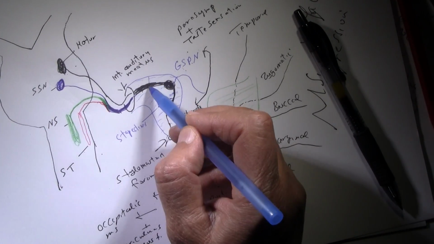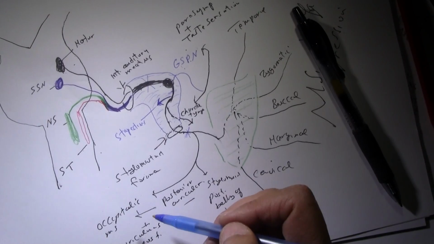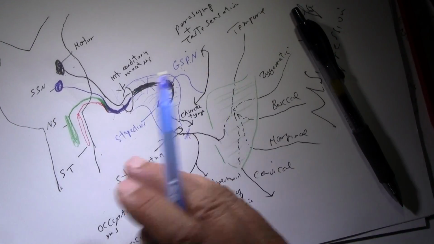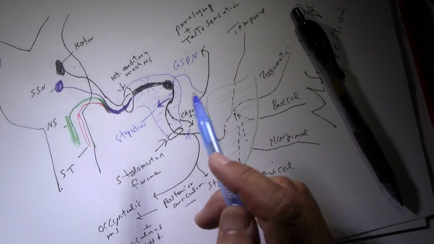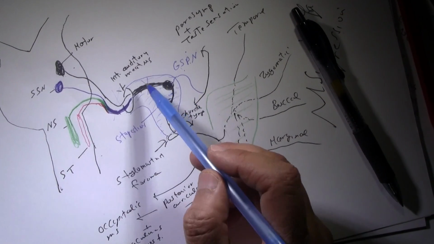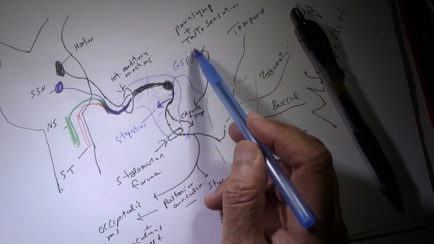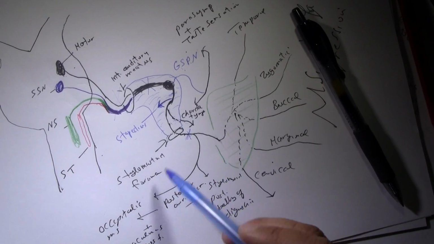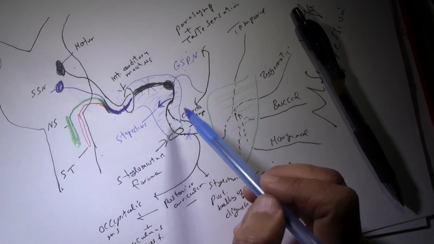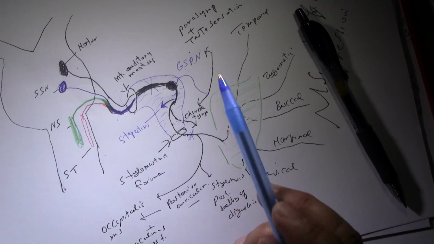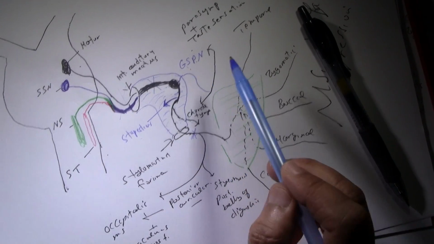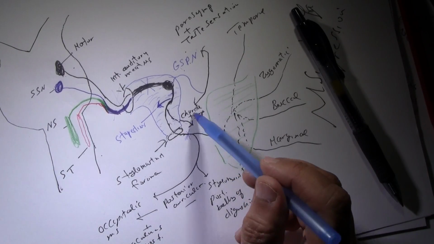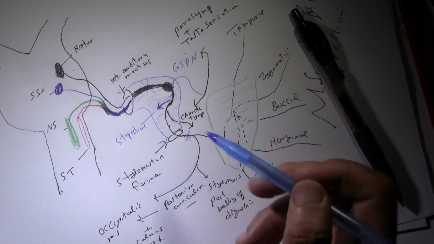If the injury is above the greater superficial petrosal, or inside the brain in the cranial cavity, it means that you lose everything. You lose all function of the facial nerve. It means that there is paralysis of facial muscles, paralysis of stylohyoid, posterior belly of digastric, occipitalis. There is loss of sensation from the anterior 2/3 of the tongue. There is loss of secretion from lacrimal gland, from nasal gland, palatine gland, and also submandibular and sublingual glands, because greater